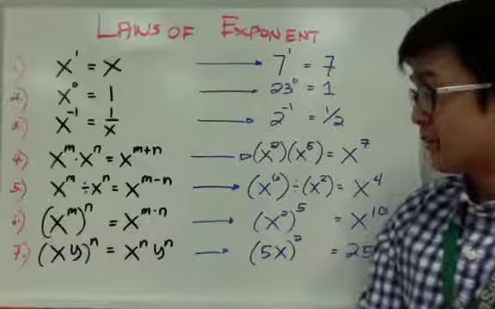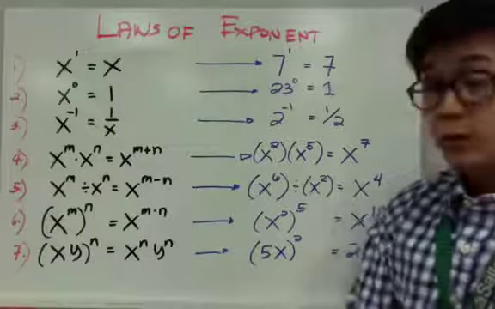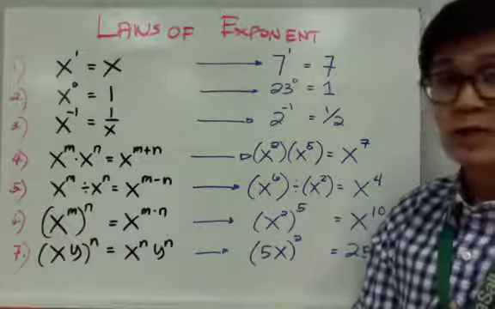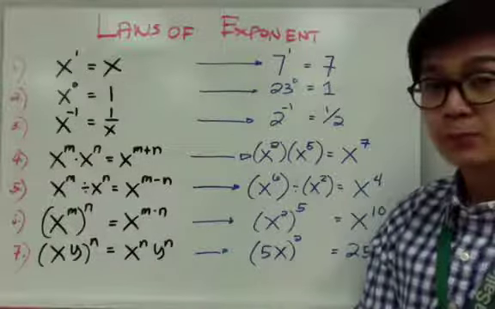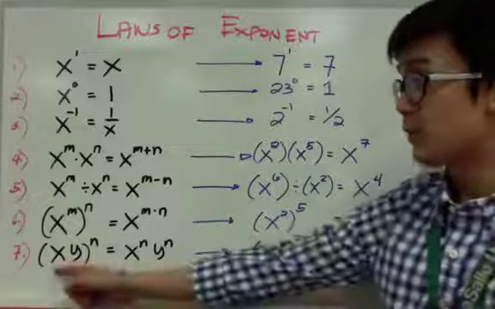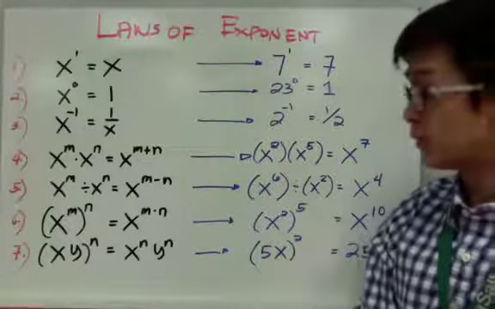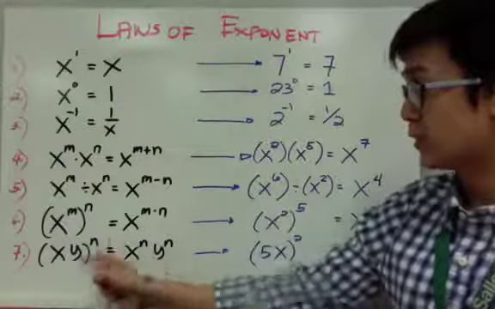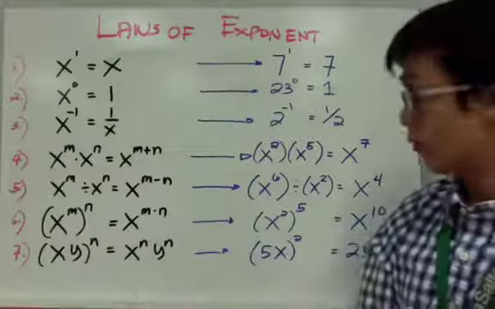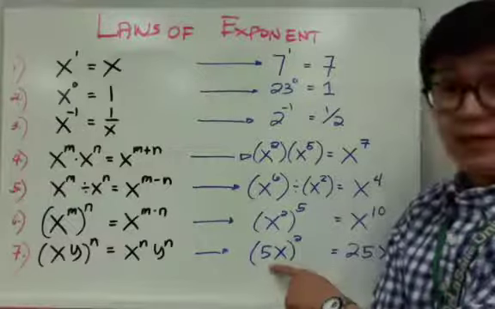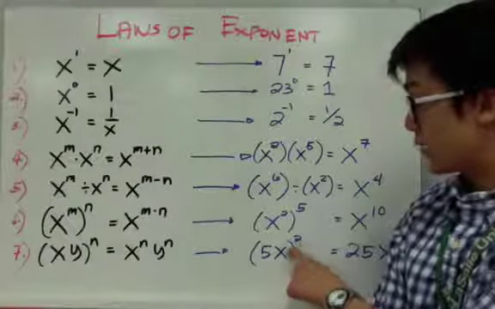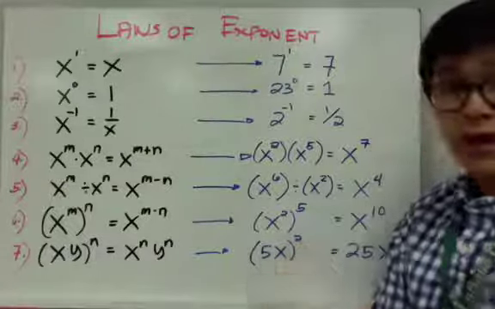At for number 7 naman, yung exponent mo, kapag nasa labas siya ng parentheses, pwede mo siyang i-distribute sa expression mo sa loob ng parentheses. So, kung meron kang xy, parentheses raised to n, distribute mo yung n or yung exponent sa x at exponent sa y. So, you have x to the n, y to the n. So, kung meron kang 5x squared, distribute mo yung exponent 2 sa x, yung exponent 2 sa 5,